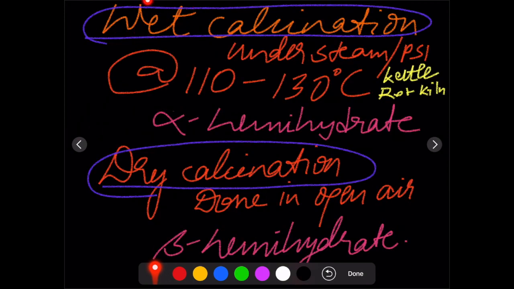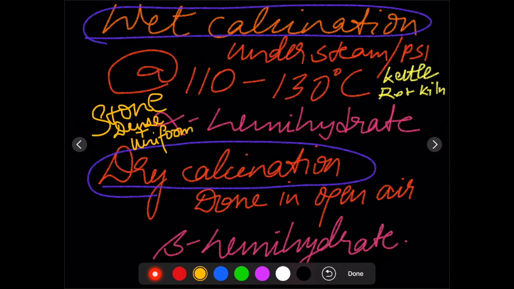The first one is the wet calcination. So the wet calcination is done under steam or pressure. It is done inside a kettle or a rotary kiln. Okay, and it is done at temperatures of 110 to 130 degrees. Now, the wet calcination produces the alpha hemihydrate type of particles. Now, what are these alpha hemihydrate particles? They're stone or dental stone. Now, these particles have a much more dense plus uniform